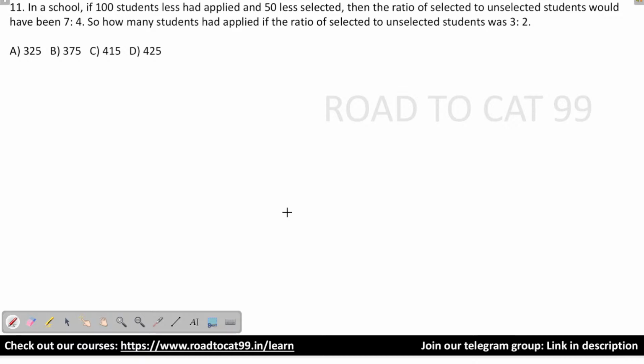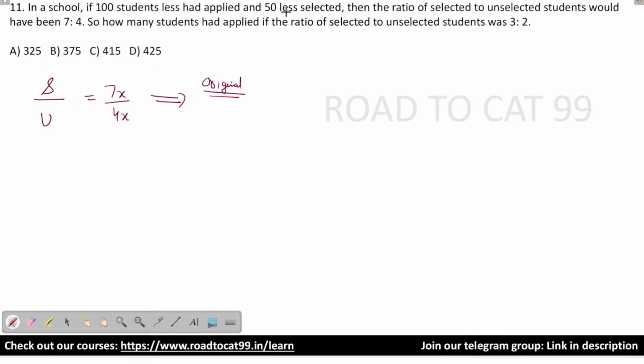क्या बोल रहा है, in a school if 100 students less had applied and 50 less selected, then the ratio of selected to unselected students would have been 7:4, है ना। सिलेक्टेड टू अनसिलेक्टेड का रेशियो 7x/4x, राइट। This is the situation after 100 students less applied and 50 less selected. ओरिजिनल रेशियो की बात करूं,